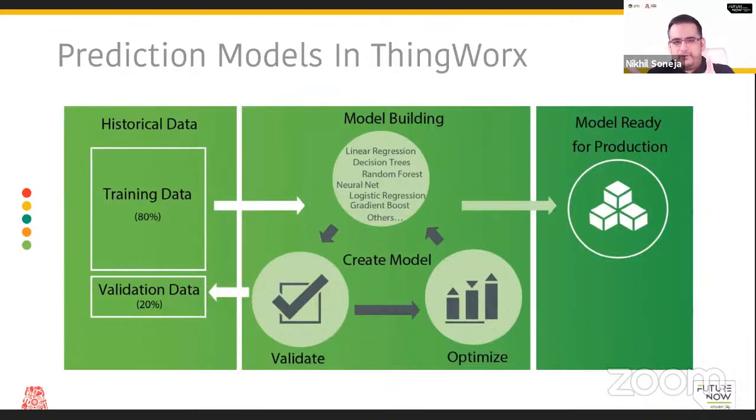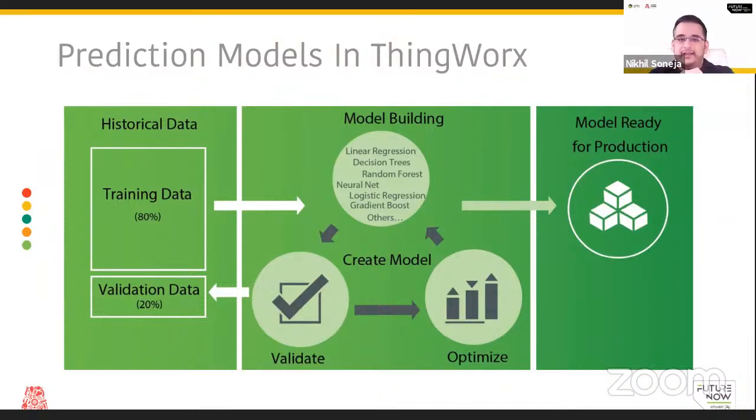So just a bit about prediction models also in this. Technically it takes historical data. As is usual, the default case is 80% of the data is kept for training, and 20% is held back for validation. So when we're building a model, you obviously need data to train, but you also want to hold back some data to validate. If you have enough data, you ideally do want to hold back 20%. You can change those numbers, but by default it is 20%.